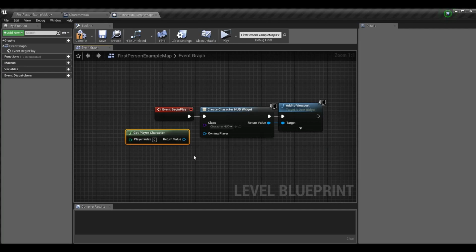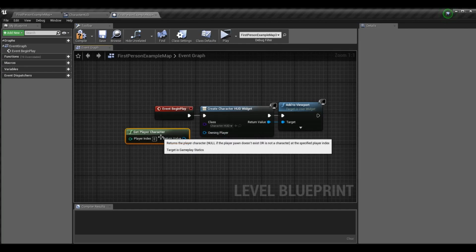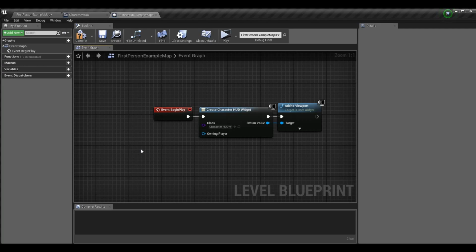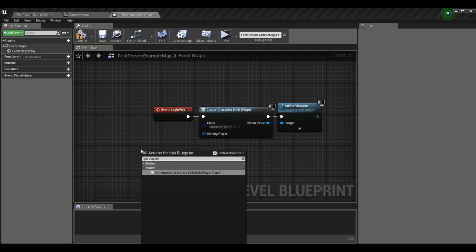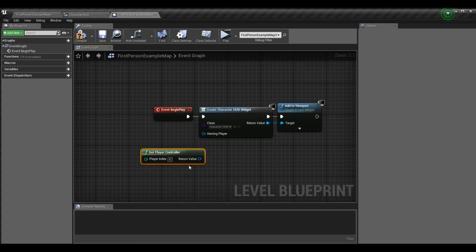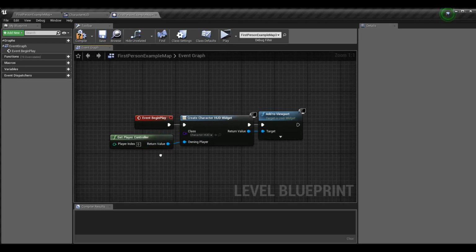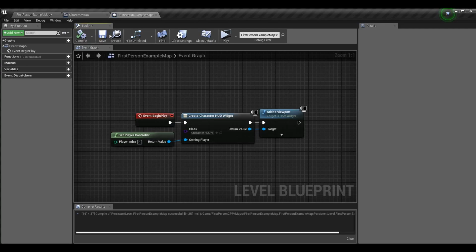Is it character or controller? I can't remember. It's the controller. Great. Okay, so you can literally type, set this, and if you're doing multiplayer, you'll have the actual player controller and not just 0. But then you could use player controllers, whatever, that went in as the owning player of this widget, as the,